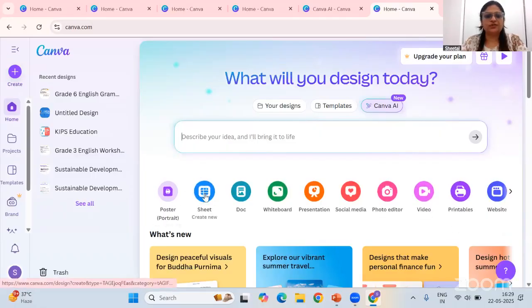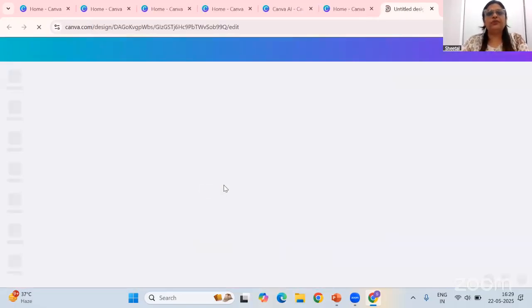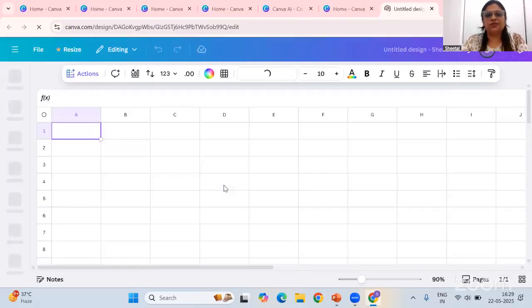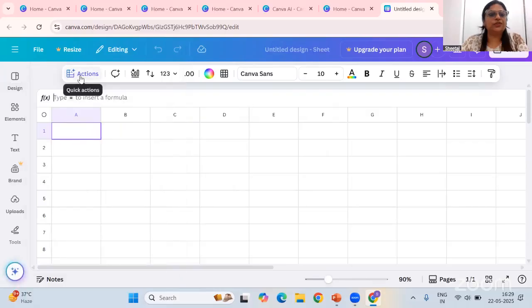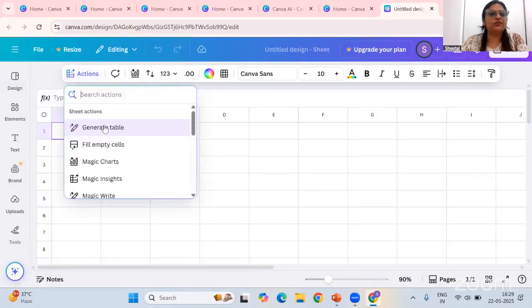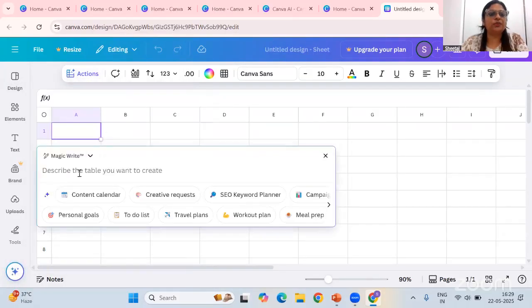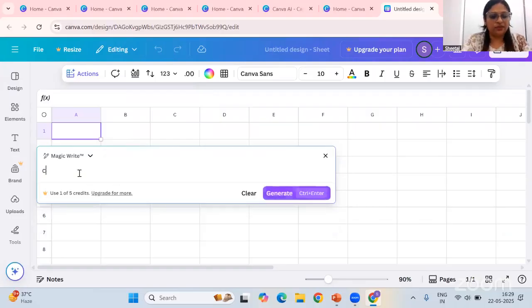So next we can explore this sheet option. What we can do, we can create a spreadsheet there, right? So there is also a tool like actions tool where we can generate a table. We can give a prompt like create a table